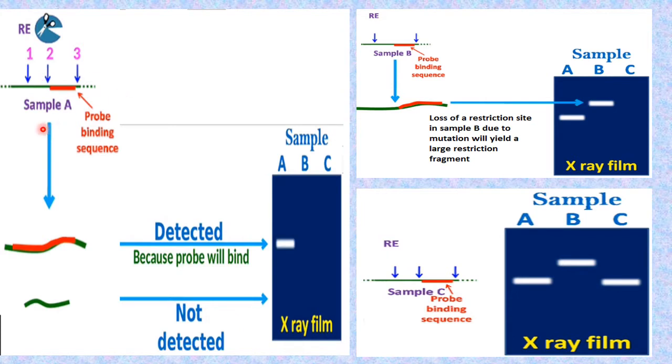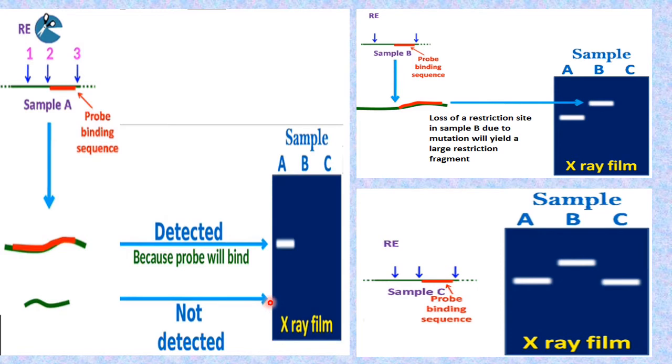So when sample A is subjected to restriction endonuclease, these are the three recognition sites at which the phosphodiester bond will break, and it will lead to the formation of two types of fragments. One at which the probe will hybridize and it can be detected, and the other in which no recognition sequence is there. So the probe will not bind to the sequence